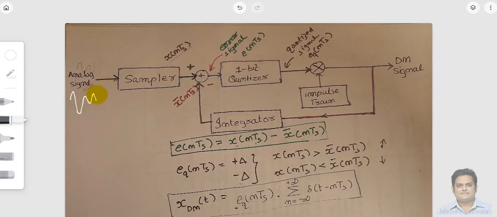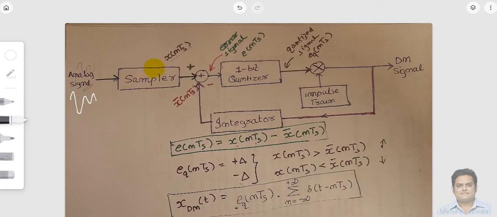You are passing this analog signal through a sampler, right? So here your sampling algorithms will be there. Now there are so many different techniques for sampling as well, so it completely depends on which kind of sampling we are going to use. Even in the previous case of PCM, we can have many different techniques available for sampling, right? We can use any of them.